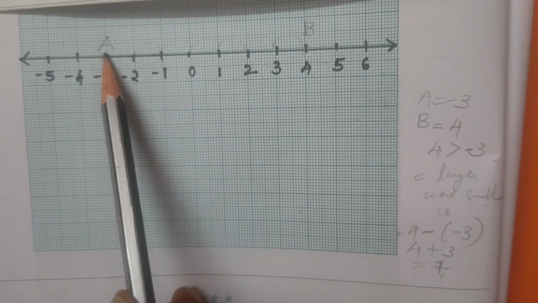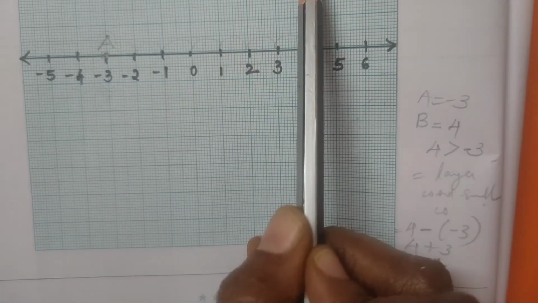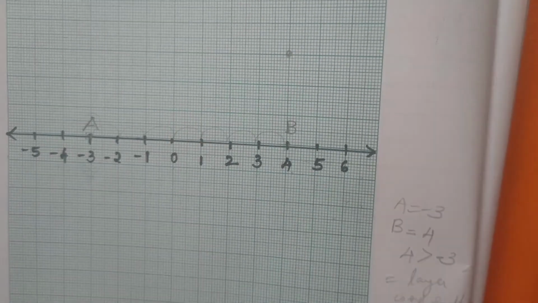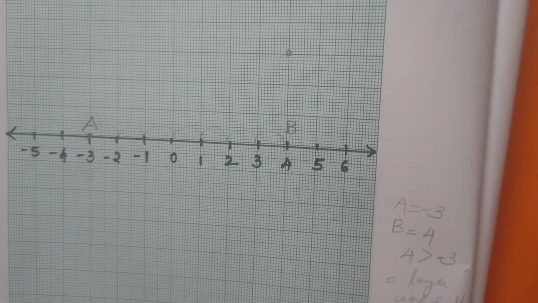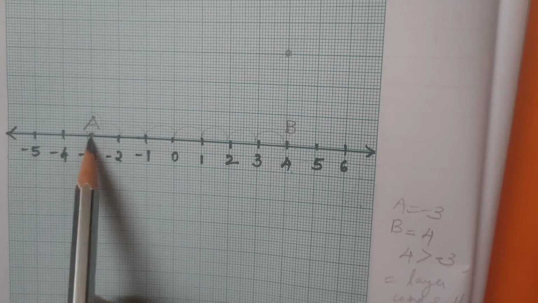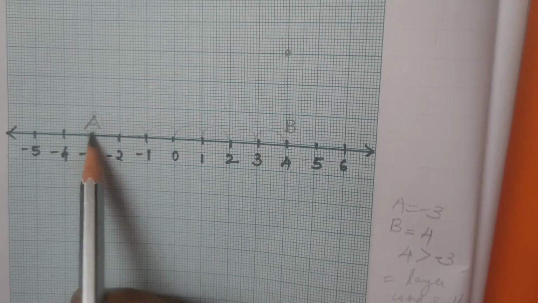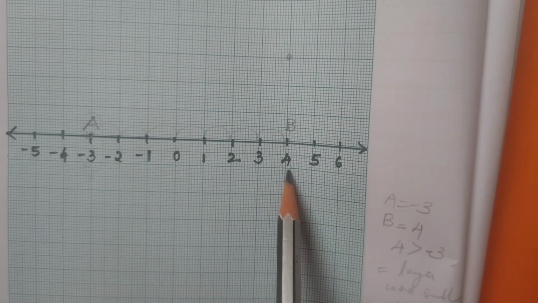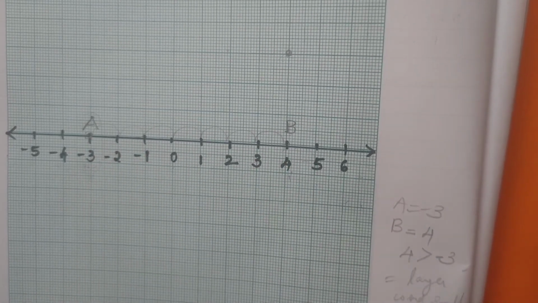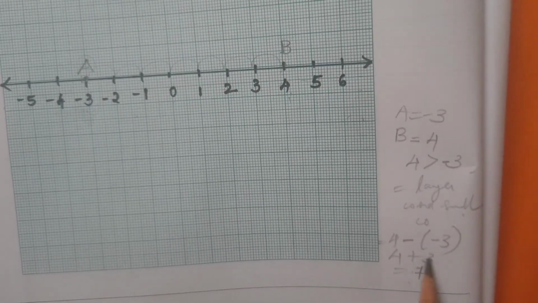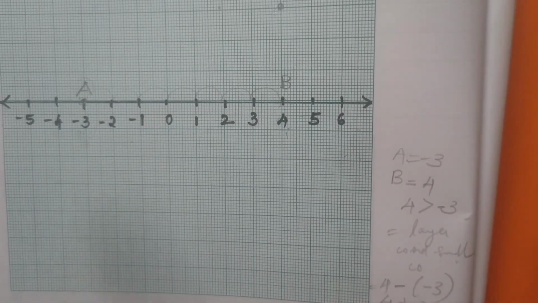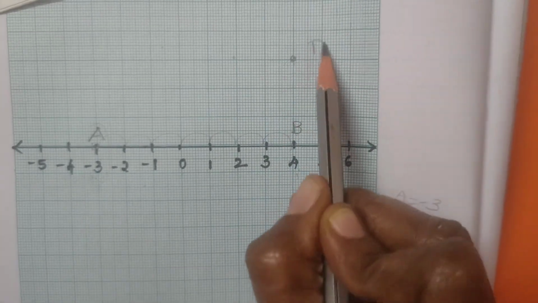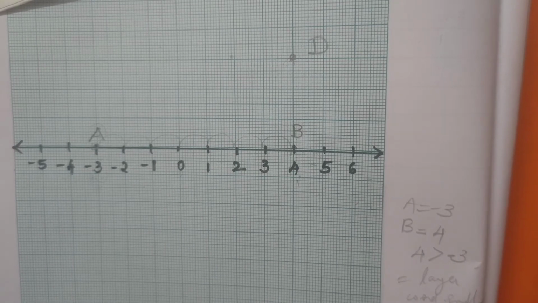But if the point is located somewhere else, somewhere here, okay, then how will you find out the distance? As I said, the point A is -3, the point B is located at 4, and if I want to find the distance, then larger coordinate minus smaller coordinate, that is 7, we got. In case I want to know this point X, or I'll name it another one, D, where it is located, how can I find this point here?